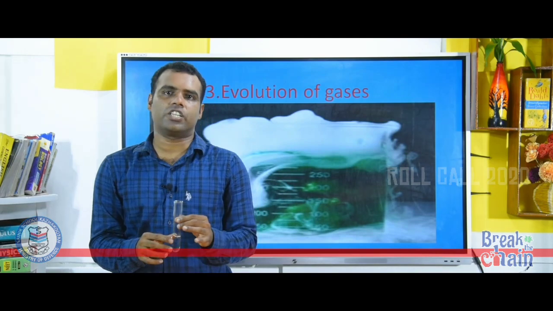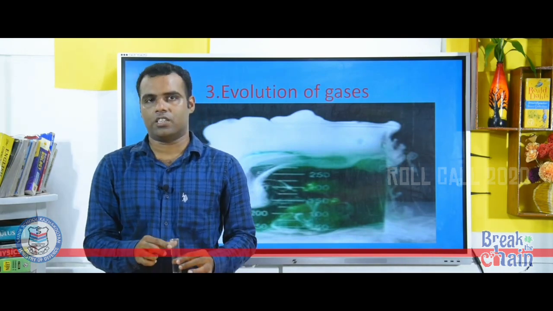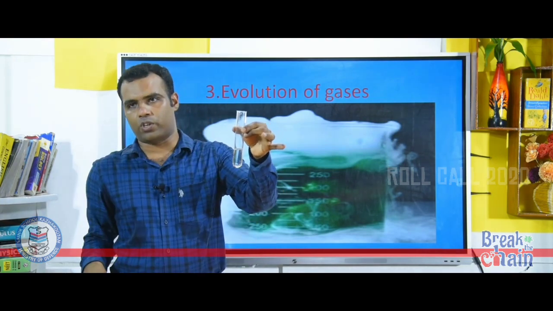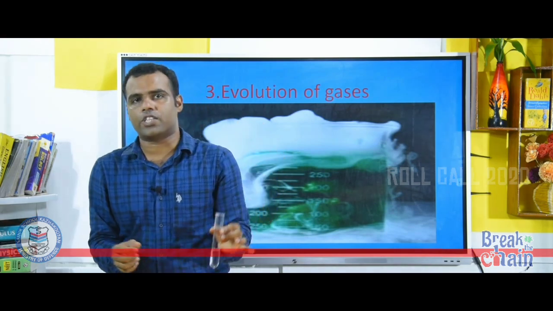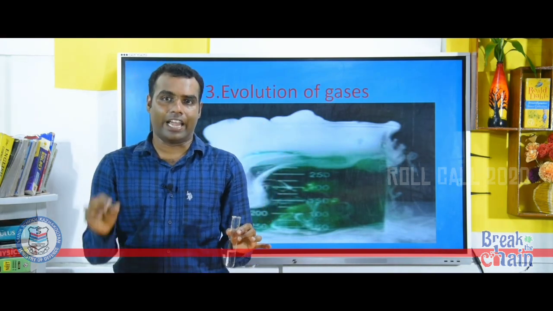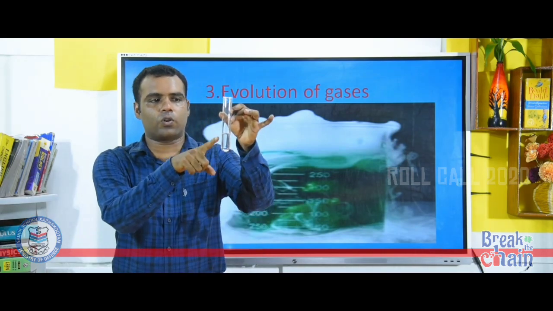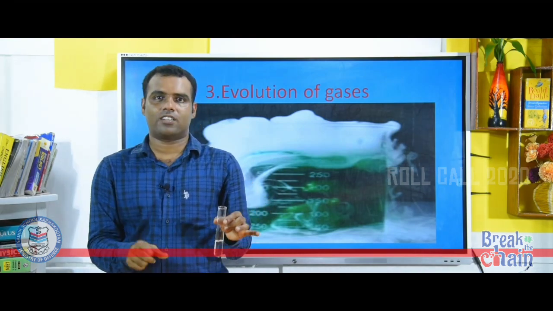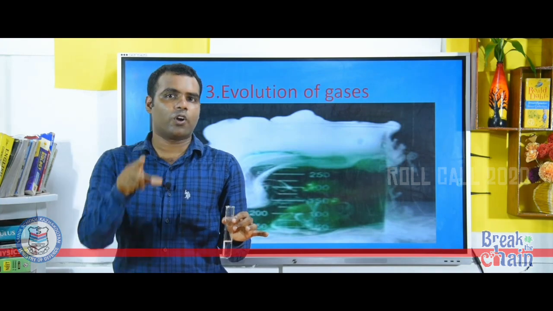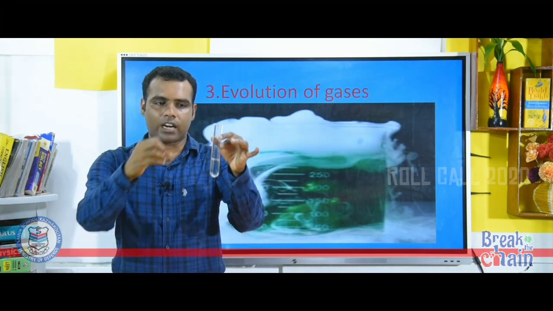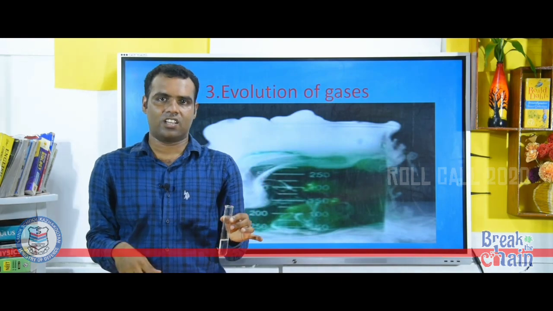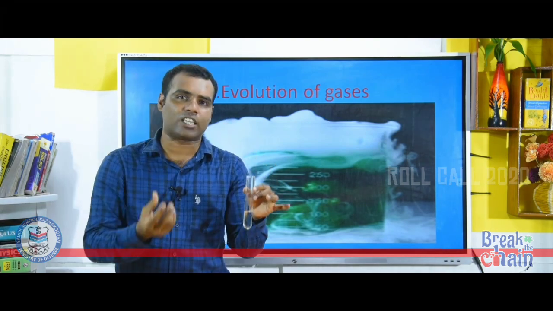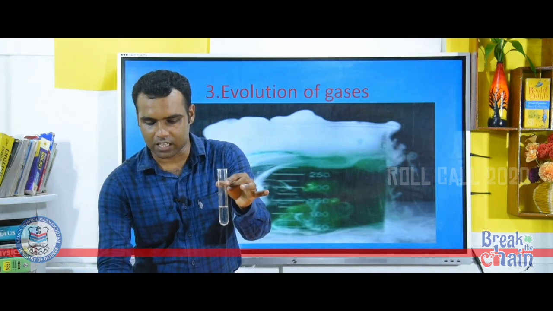Now let us consider an example for a chemical reaction in which there is evolution of gas. On my left hand, I have dilute hydrochloric acid. I am going to add a solid substance called sodium bicarbonate, NaHCO3. Dilute hydrochloric acid reacts with sodium bicarbonate to give sodium chloride, carbon dioxide and water. You know carbon dioxide is a gas, so carbon dioxide comes out as a gas. This time you could observe brisk effervescence like a foam, like a lather of soap. Let us do that. Please listen carefully.